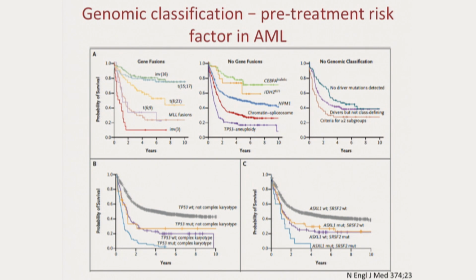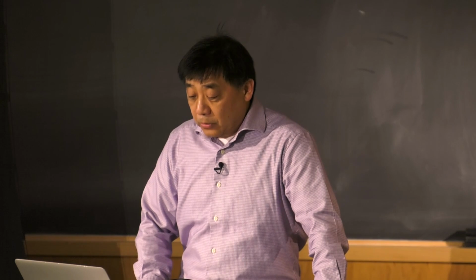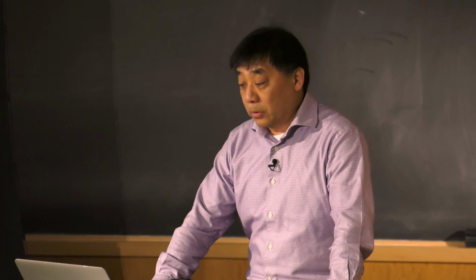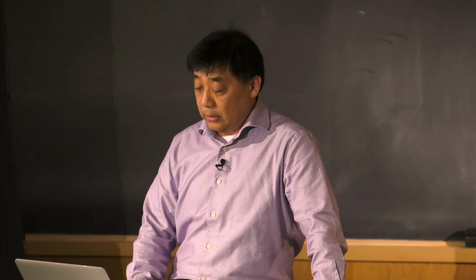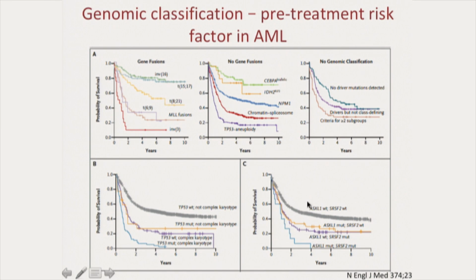So the subtypes, as well as other clinical parameters like leukocyte count, disease status, the genetic abnormality, and now the mutational profile, together provide a matrix to predict the outcome after a patient achieves CR. For example, the subset of AML with inversion 3 and mutated P53 with a complex karyotype almost universally has a bad outcome